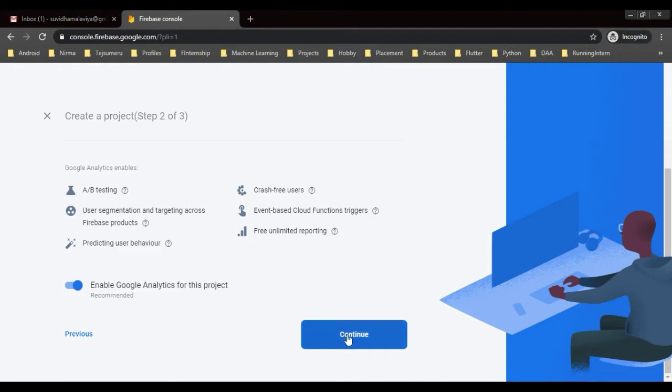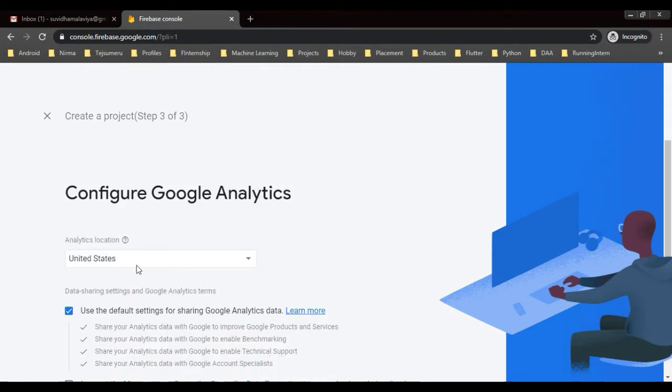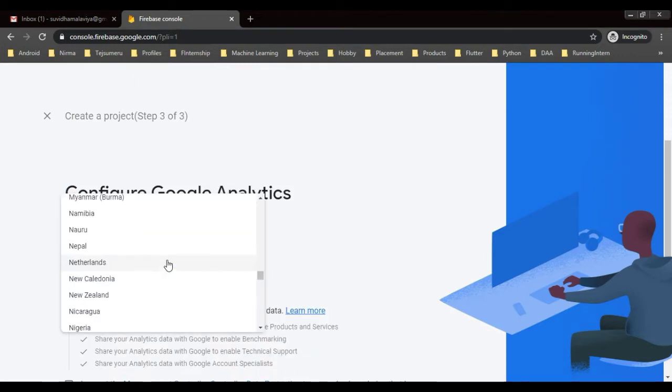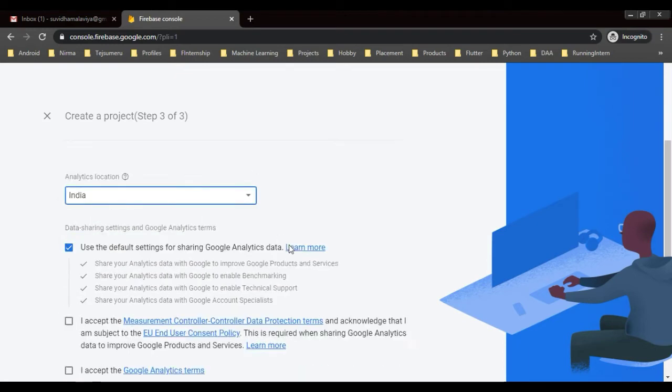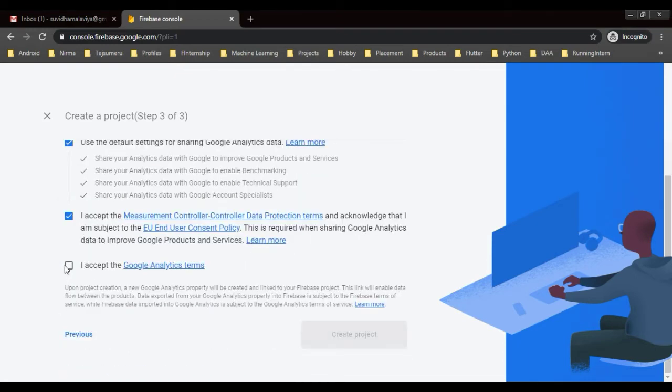We are not using it right now, but sorry, I have to use it. Click on continue. Now choose your country. I am choosing India. Now accept the terms and conditions and click on create project.